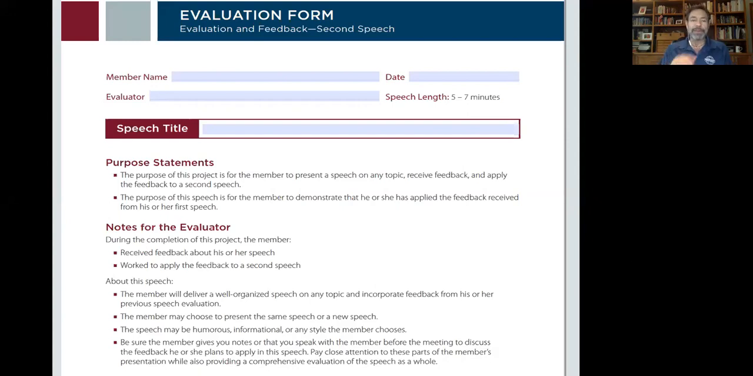Now, on the speech evaluation itself, you'll list the member's name, the date, the evaluator's name, and you'll see here it already lists the length of this particular speech and the title of the speech. And keep in mind, you'll want to send this to your speaker so that they can put this into their electronic or e-portfolio online. And you want to look at and read through